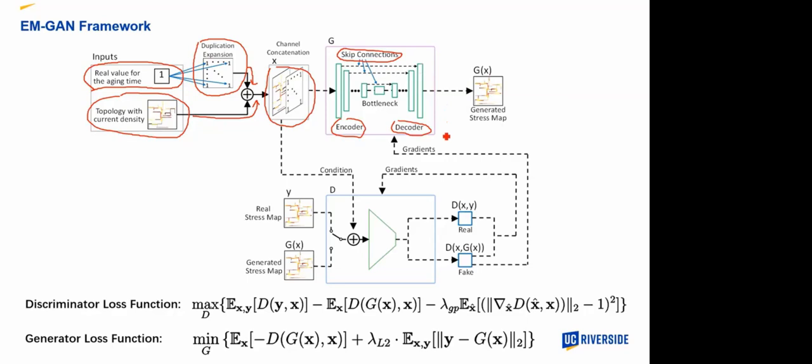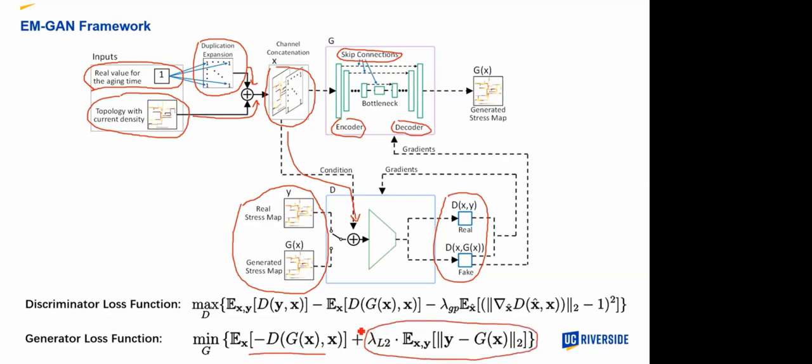part. Then the generated stress map or the ground truth from the training set will be taken as the input by the discriminator. The topology image and the aging time are also given to the discriminator as conditional input, so that the discriminator is trained to judge whether the input stress map is the correct solution to the given topology at the specified aging time. The output of the discriminator is taken into the calculation of the loss functions. One thing I'd like to mention here is that the generator's loss function is actually not only determined by the discriminator. As you can see here, we also added the L2 norm loss, which also helps to improve the final